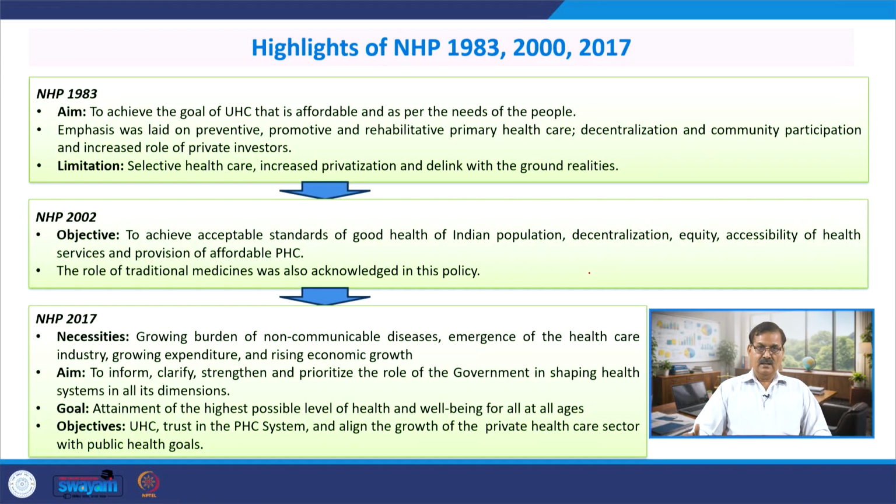The aim of this policy was to inform, clarify, strengthen and prioritize the role of the government in shaping the health system in all its dimensions. So, in totality, the healthcare services should be provided, and its goal was to attain the highest possible level of health and well-being of all at all ages. And the main objectives are universal healthcare and trust in the public healthcare system. This is also an important issue, because most people did not have trust in public healthcare